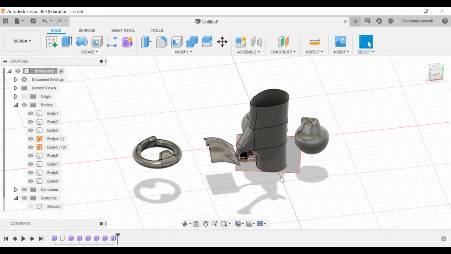Take anything you can. Now you are in a position to model anything. Once you model, you can throw that into your analysis. Analysis is just the easiest part. Once your model is ready, select some faces, fix them, select some faces, add the load, and get your stresses.